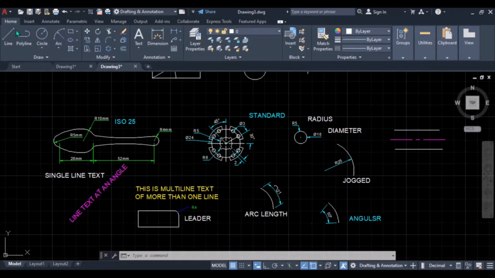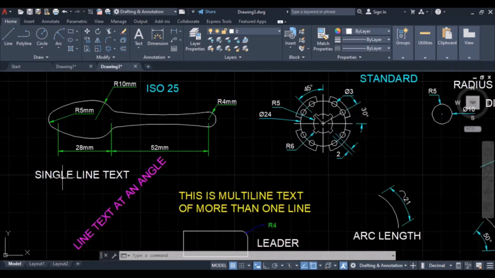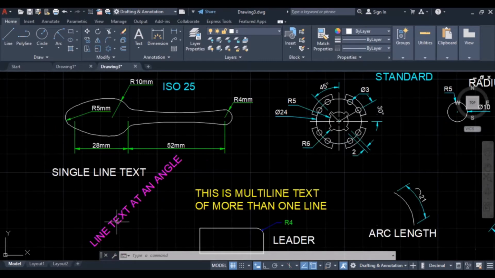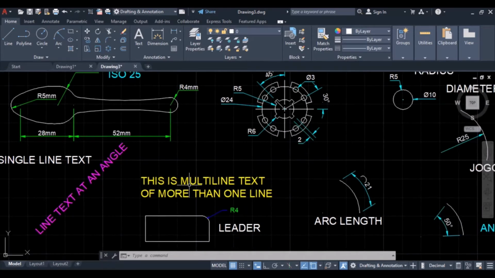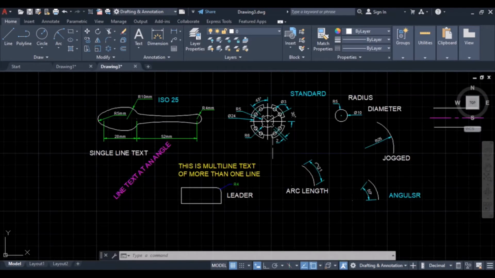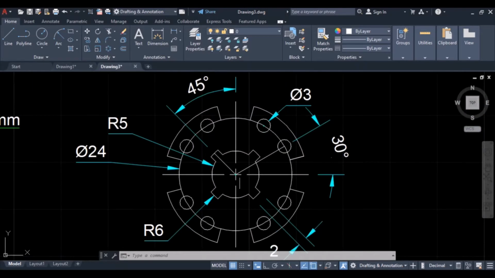Annotation includes adding single-line text to your object in a straight line, or single-line text adjusted at an angle. It includes adding text in paragraphs, adding dimensions to your diagram, and adding a center mark to a circular object.